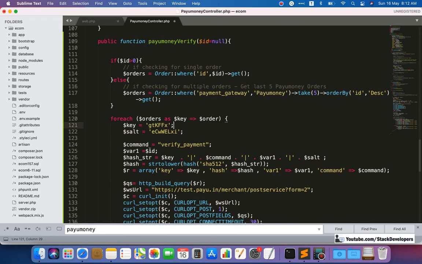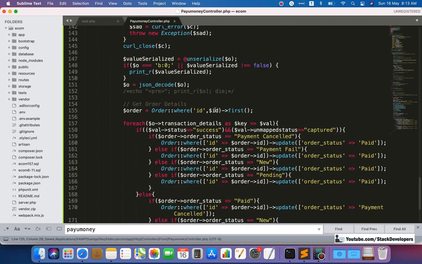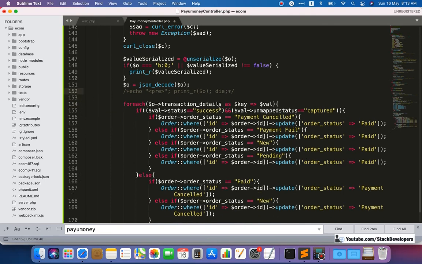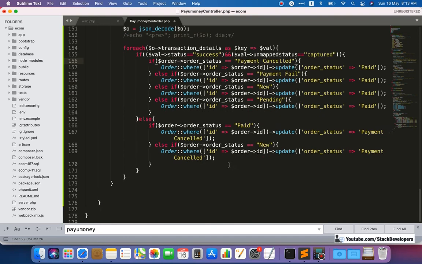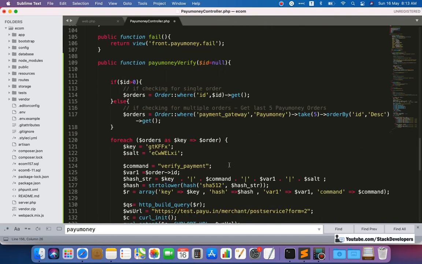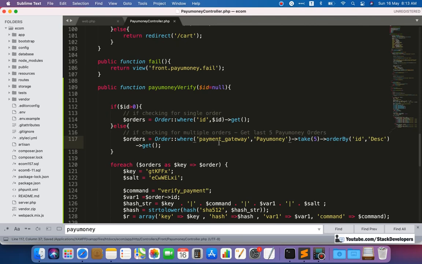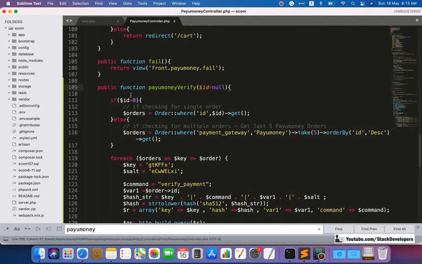Here we need to pass the order ID. We will pass it like this, order ID. Since we are using the order ID here as well, we are not required to fetch the order ID again because we already have it. We will remove this from here, and here it is fine. The order status that will come is fine. The order ID is fine. So the rest of the things are fine. Now we are going to run the API without passing the ID.